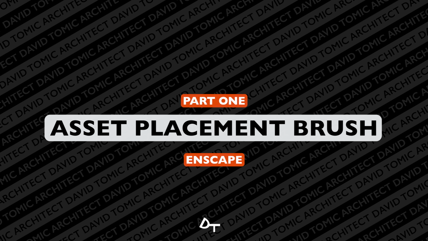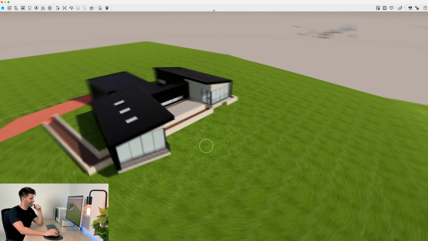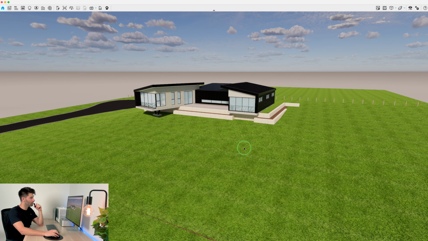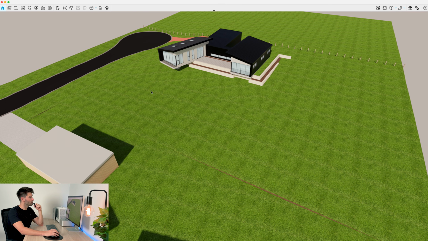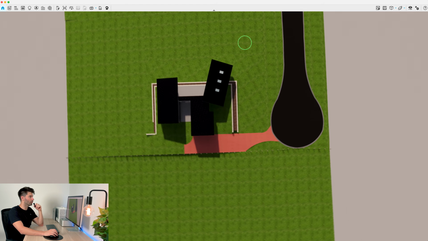and let's go. So to get started, you want to load Enscape with any project you have. Today, we're using this large scale open block for a particular reason. Instead of manually having to place a ton of trees around the perimeter, we can actually go and use the new asset placement brush. So let's just quickly swing on up and give us a bird's eye view of this